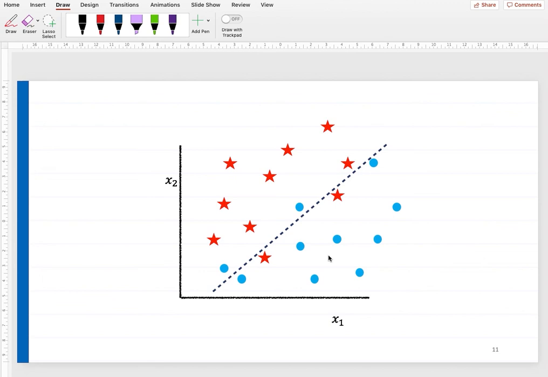Is this a good classifier? My rate of mistakes on the red class is 20%. Rate of mistakes on the blue class is also 20%. So it's very nice, right? How many of you think this is a good classifier and you are satisfied with this? It means you are making an equal number of mistakes in detecting roses and lotuses. Out of 100 lotuses, 20 lotuses you are misclassifying as rose, and similarly 20 roses you are misclassifying as lotuses.